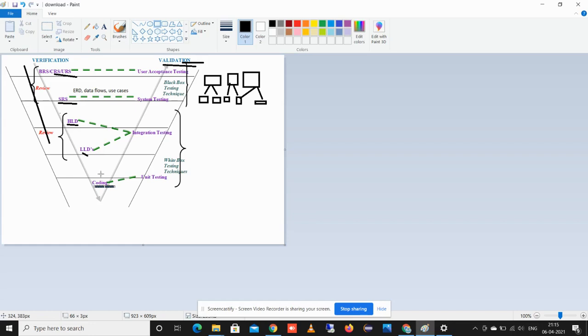Like we review the SRS as we discussed, we will go through the high level design document and the LLD document. If these documents are accurate and correct, then the development will be correct, because the software development is based on these documents.